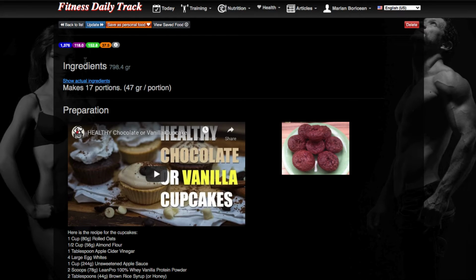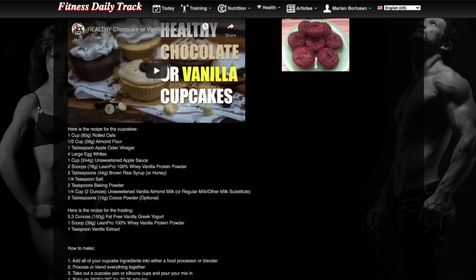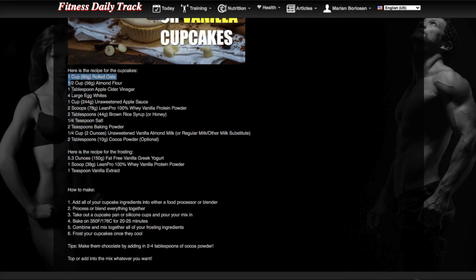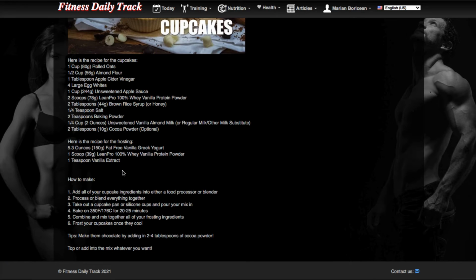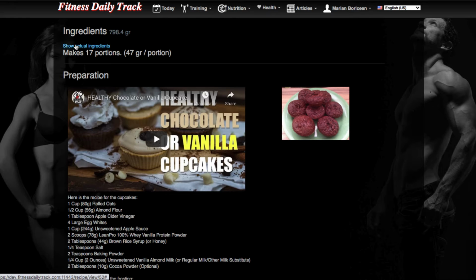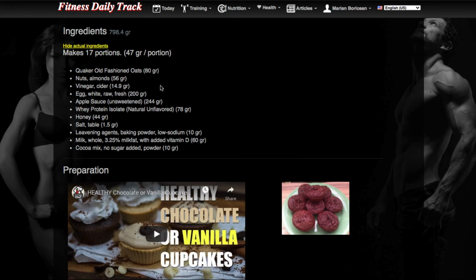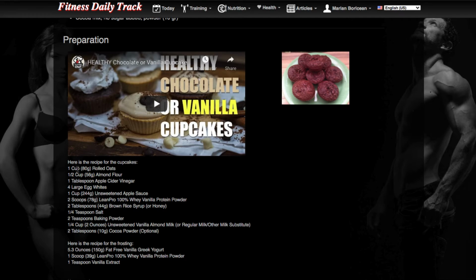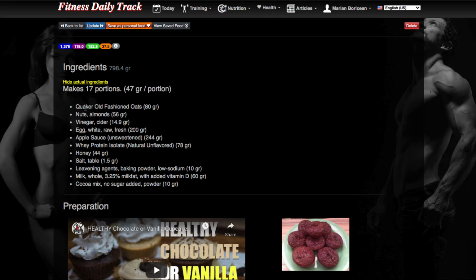Next, you'll have the ingredients taken from the recipe itself. You can see it is listed here as you receive it from somewhere or as you write it down, and also the actual ingredients are right here. These are given with the amounts. When we added stuff from this list, we had to actually select these individual foods from our local database and put them all together, and when you sum them up, it's going to give you these figures. So based on this list here, we got all that result.